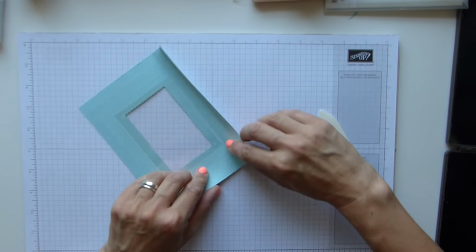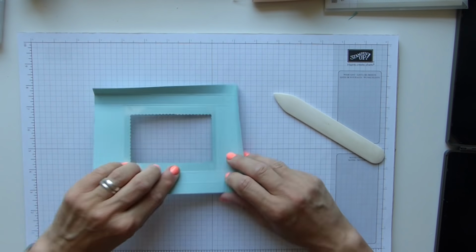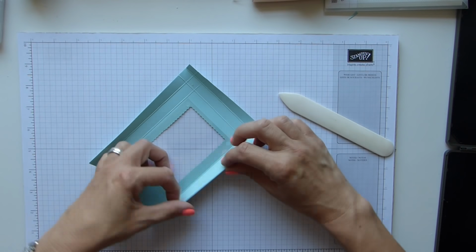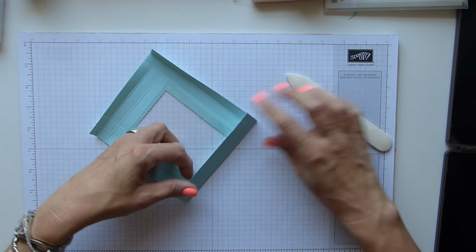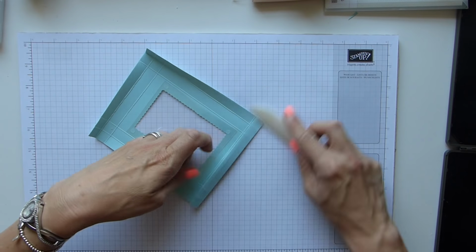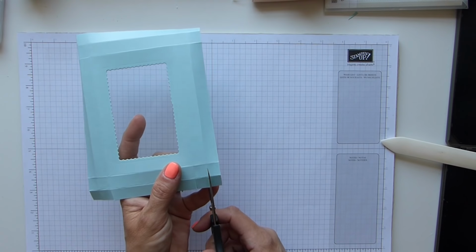So exactly the same as we did for the base and the drawers, boxes. Why do I keep calling them drawers? Base and boxes. Fold and burnish your score lines, and then you've guessed it, cut, cut,